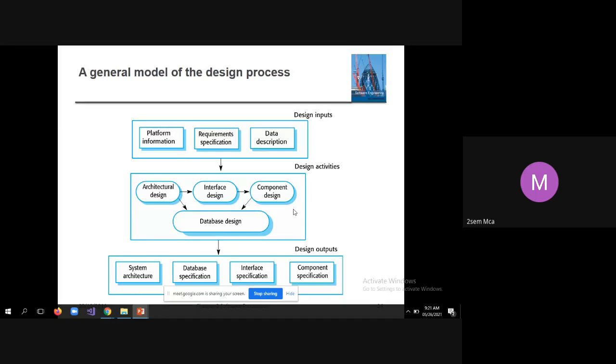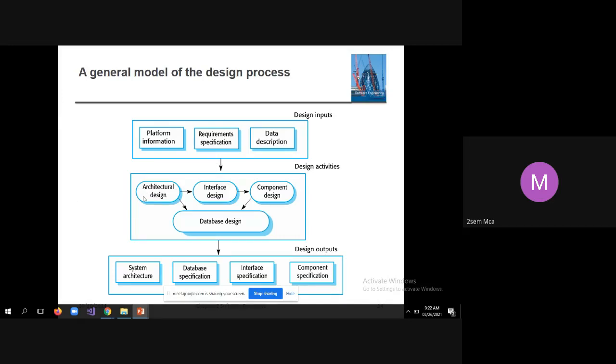Before going for the design, you should know on which platform this project is going to be implemented. Then you should have a complete, 100% understanding of the requirements document and the data description, so what kind of data will be dealt with, so that you can design appropriate components. Then the design activity starts with the architectural diagram. Always keep in mind, the very first design is the architectural design.